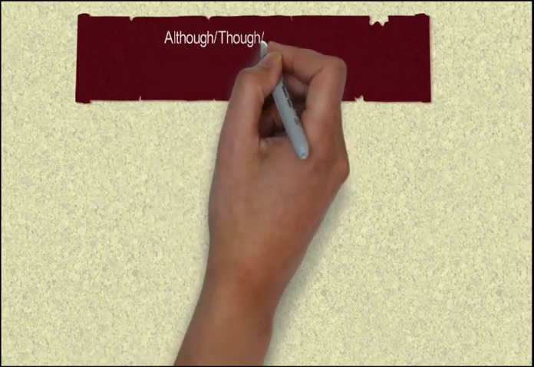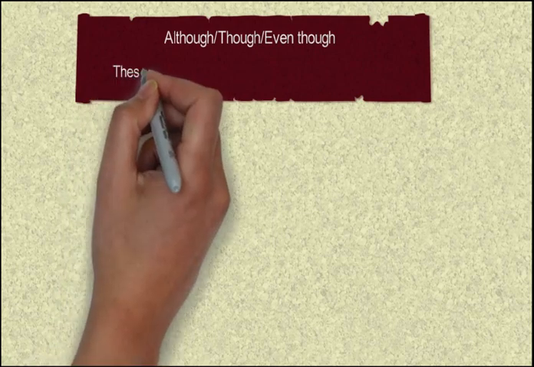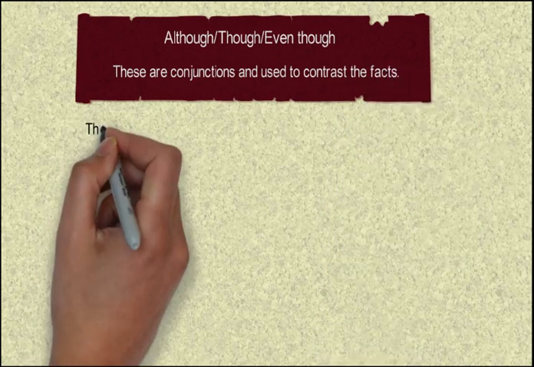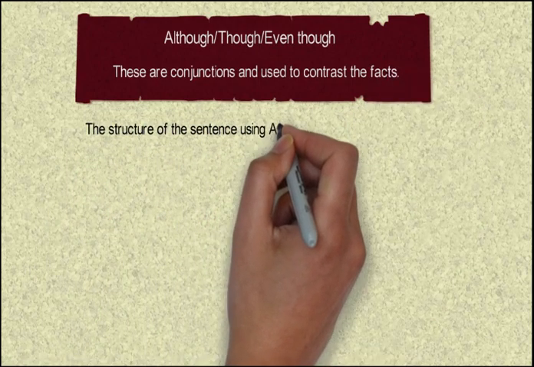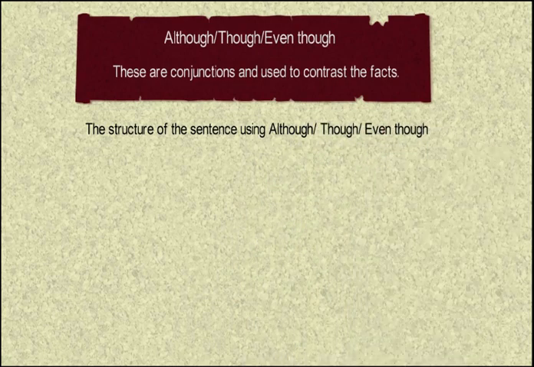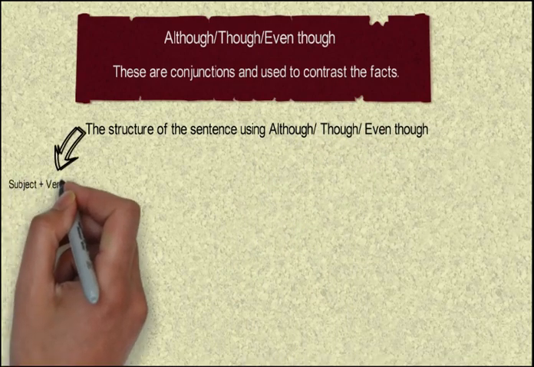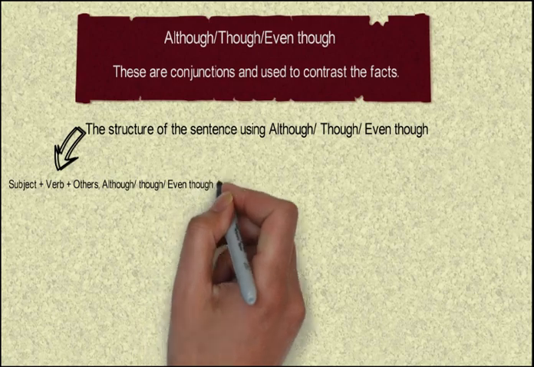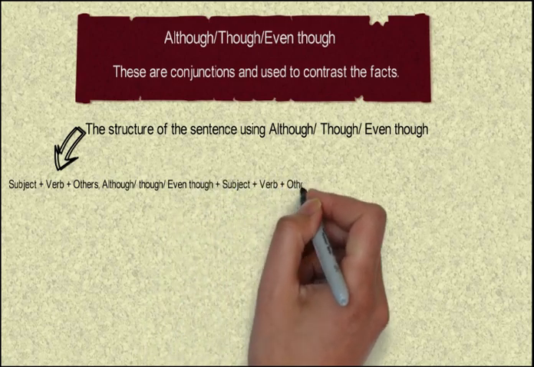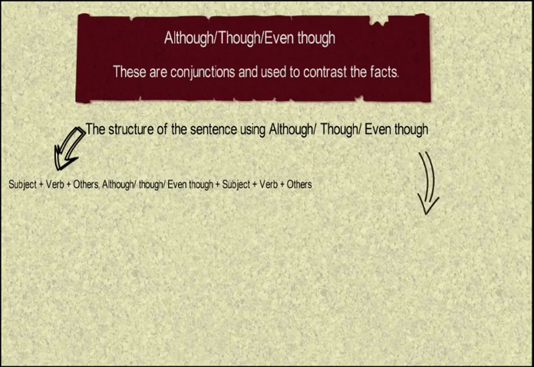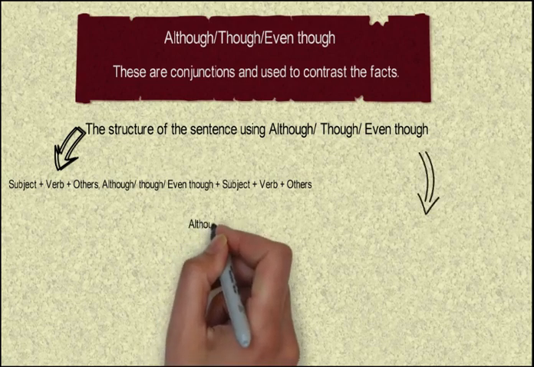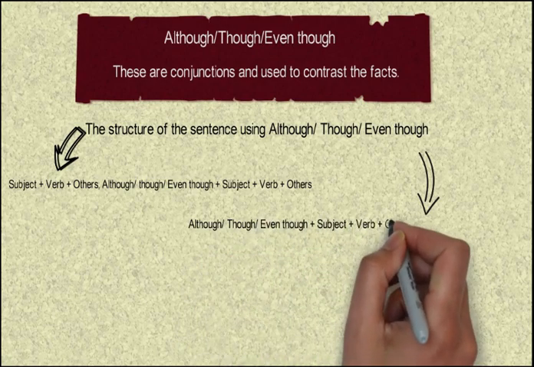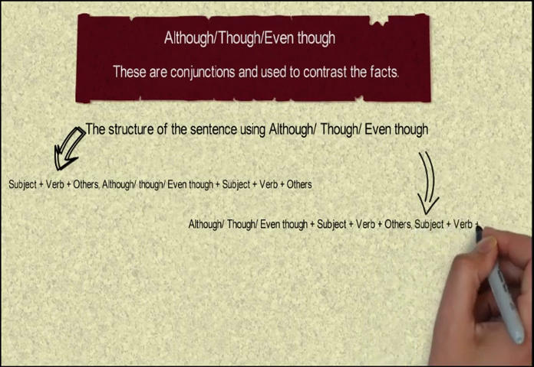Although or though or even though. These are conjunctions and used to contrast the facts. The structure of the sentence using although or though or even though is subject plus verb plus others, comma, although or though or even though plus subject plus verb plus others. The other structure is although or though or even though plus subject plus verb plus others, comma, subject plus verb